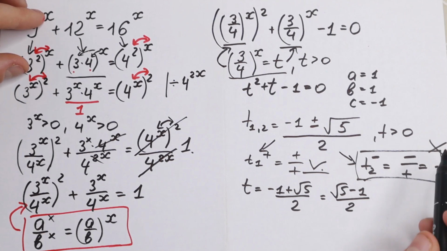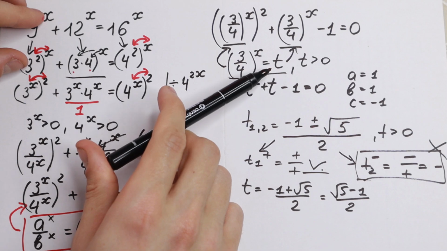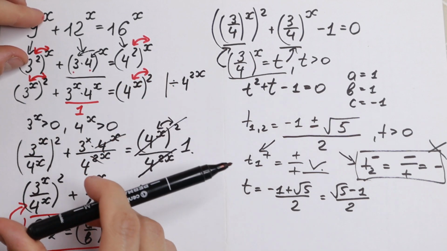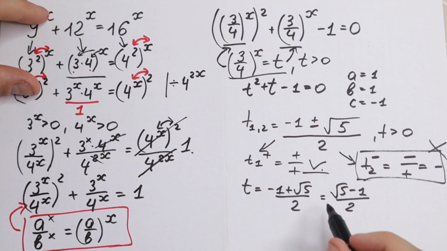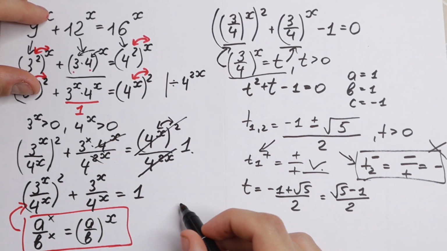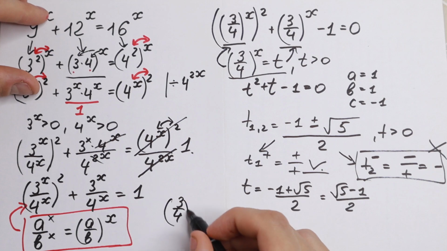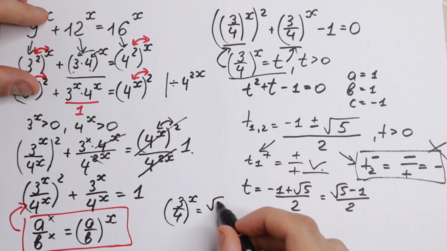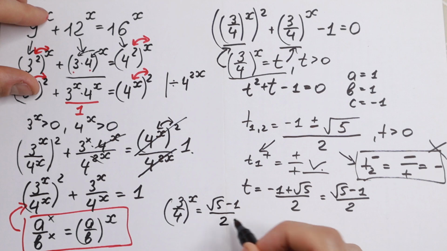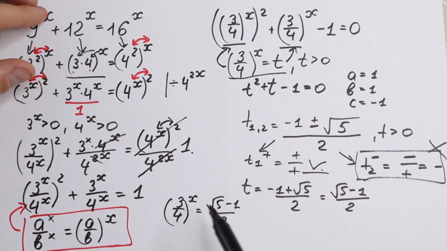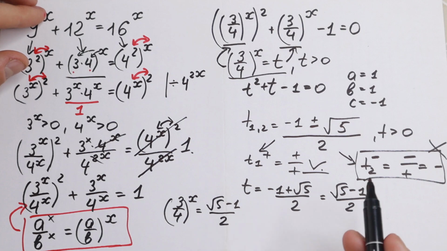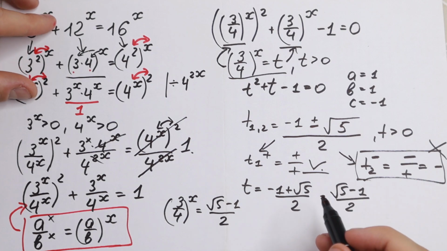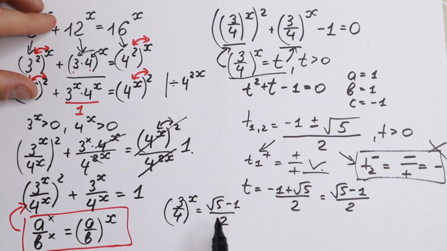So this is our t, but we had a substitution, so t equal to 3 over 4 to the power x. So let's write the equation, t equal to 3 over 4 to the power x. We will have 3 over 4 to the power x equal to square root of 5 minus 1 divided by 2. How can we solve this? Of course, let's take log from both sides and find our answer. If we take log from both sides, our x jumps down, and we will have our answer, that x equal to